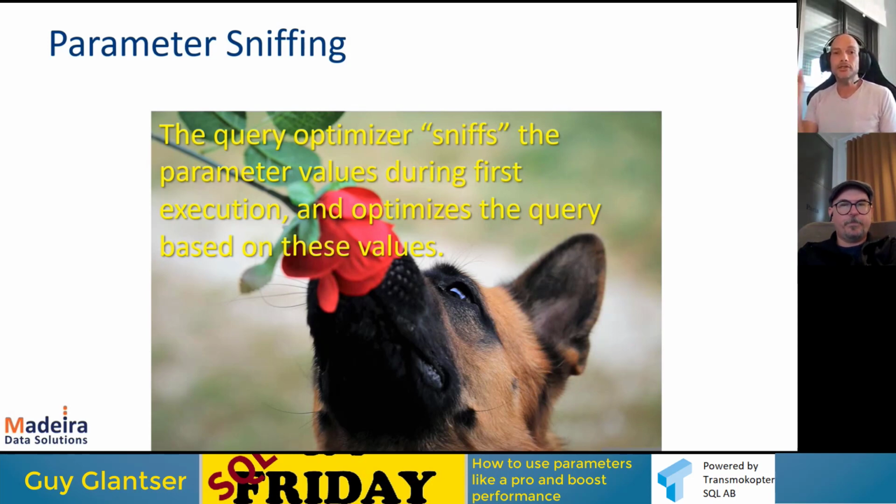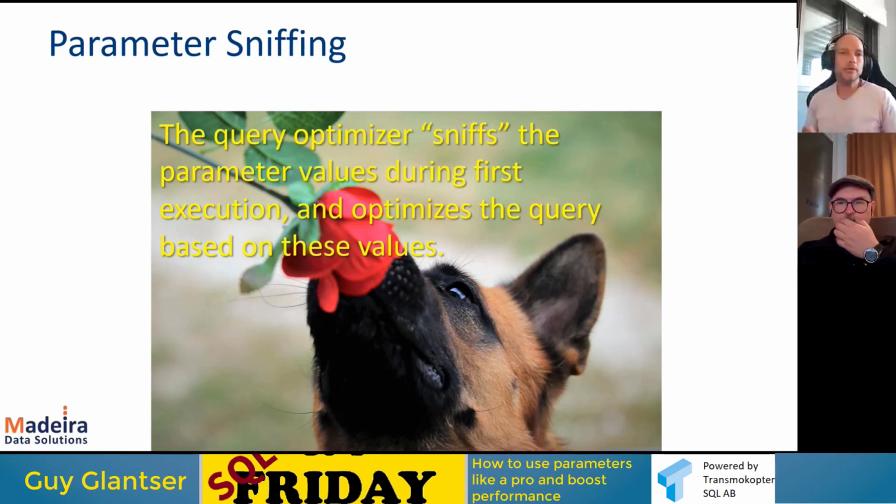But if you use parameters, there is a process called parameter sniffing. In that first execution, the optimizer sniffs the values of the parameters. It knows the values in that first execution, and it uses those parameter values and statistics to estimate the number of rows, and based on that, what would be the best plan, whether to use an index seek or an index scan, for example.